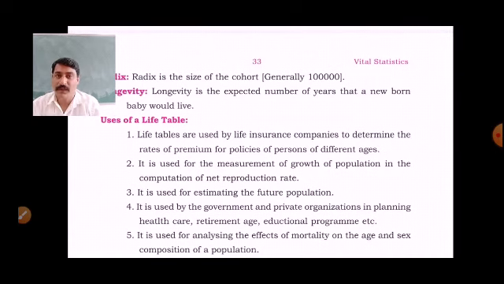So already we calculated the NRR, net reproduction rate. There we used the survival ratio to find the accurate growth rate. So the survival rate is given by the life table here. And next, it is used for estimating the future population. So even for the future population estimation, the life table is used. And it is used by government and private organizations in planning healthcare, retirement